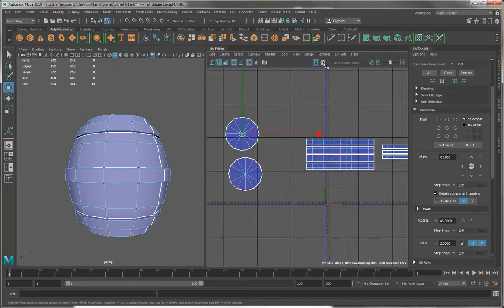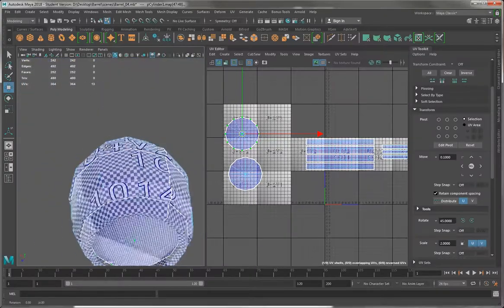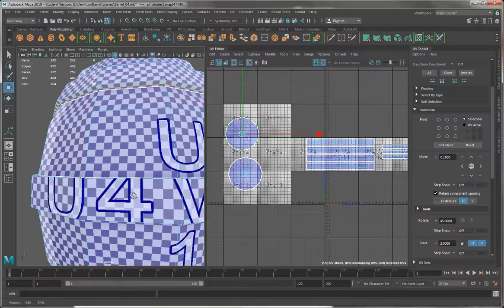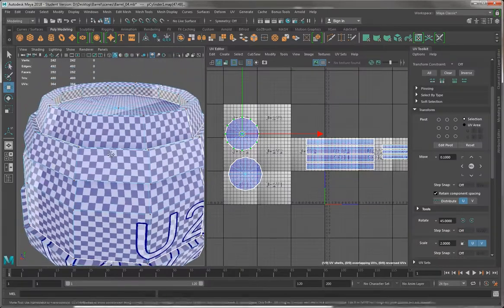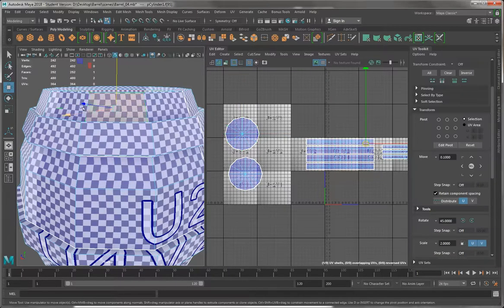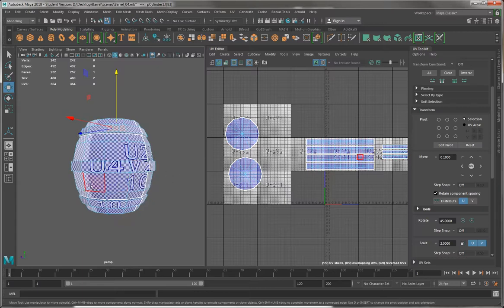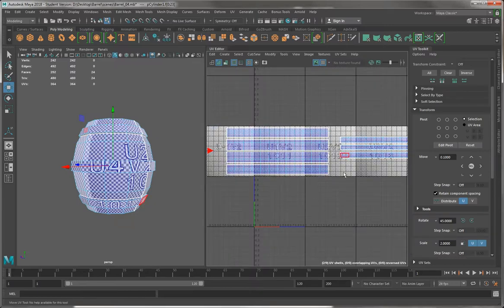So now if I look at my checkerboard, obviously that's looking fine and that's looking fine. But one thing that is going on, I will say, is there's a big difference between sizes of here and sizes of here. The wooden actual body and the bracings are pretty much the same size. I'm not going to try really resizing those too much. But these two are a little bit too big. But I'm not going to change their size just yet, because what I'm going to do is actually start laying these out on a texture sheet